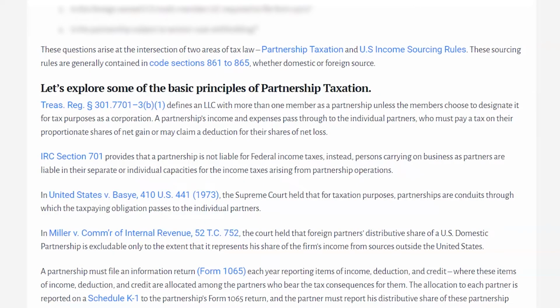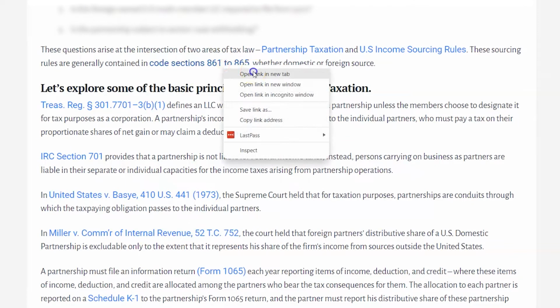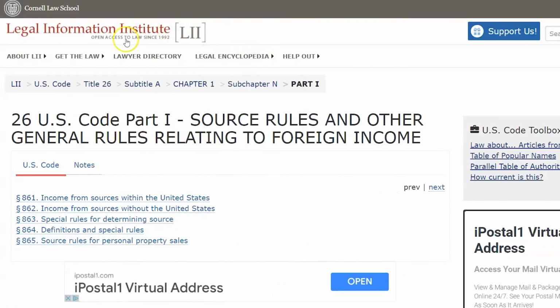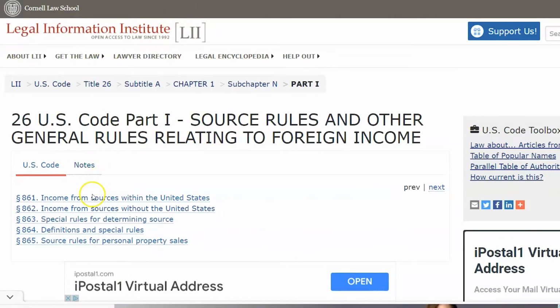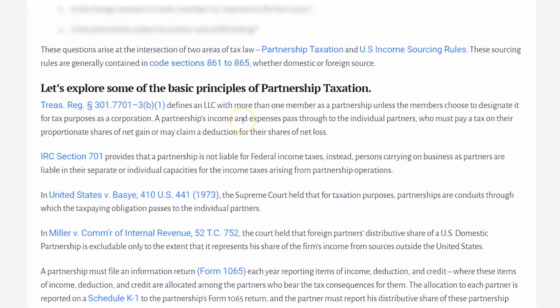So if you want to know where the U.S. sourcing rules are contained, you will find them in Code Sections 861 to 865. It will show you all the sourcing rules. When you click on the link through my article, you will find all the sources, so it labels them out for you. Now that we're dealing with a partnership and also the income sourcing rules, let's build some